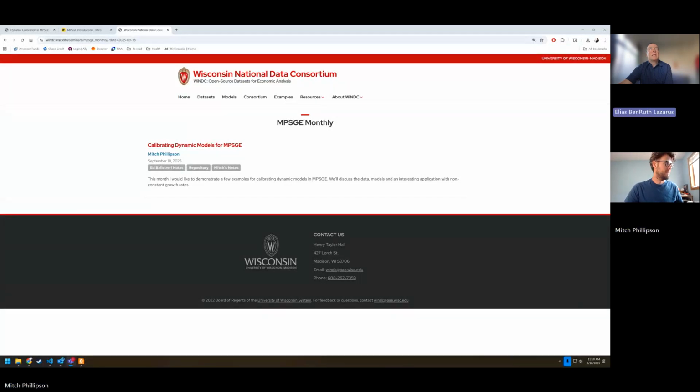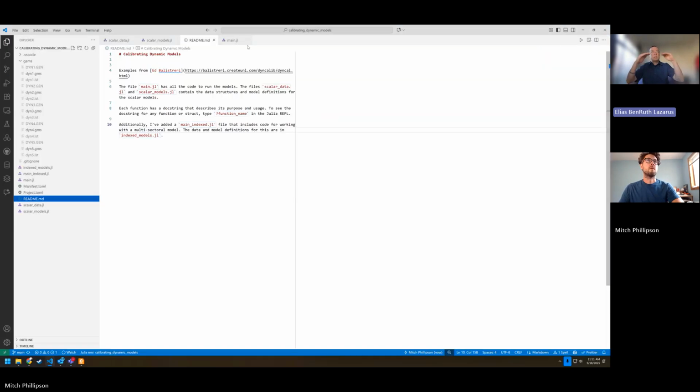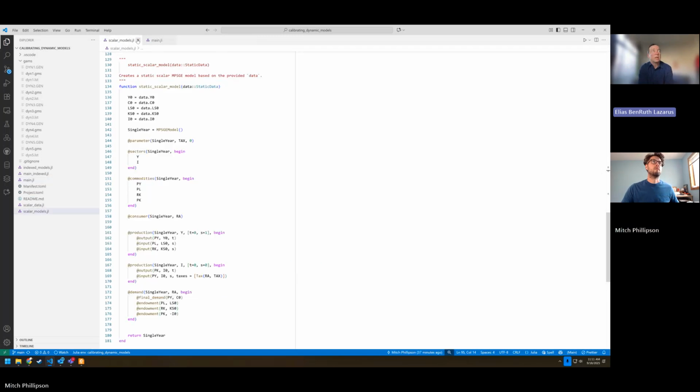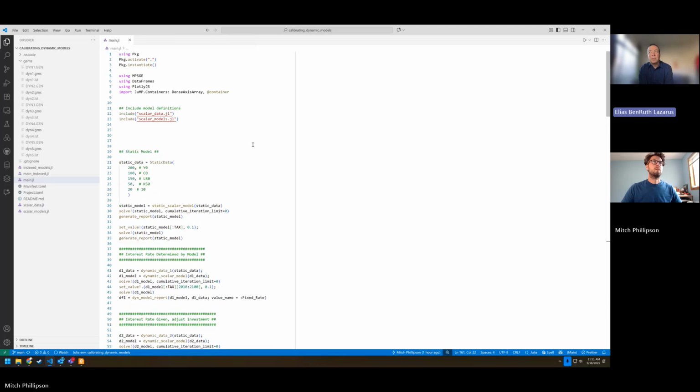My understanding is there's two main types that are quite different. One is called dynamic recursive, which means you start with a base year of calibrated data, and then you iterate and generate. If this happened that year, you take some parts forward. I don't use the right language, but the next year will be based on that but different, and so forth. So recursively. And then there's the full optimization where you just have